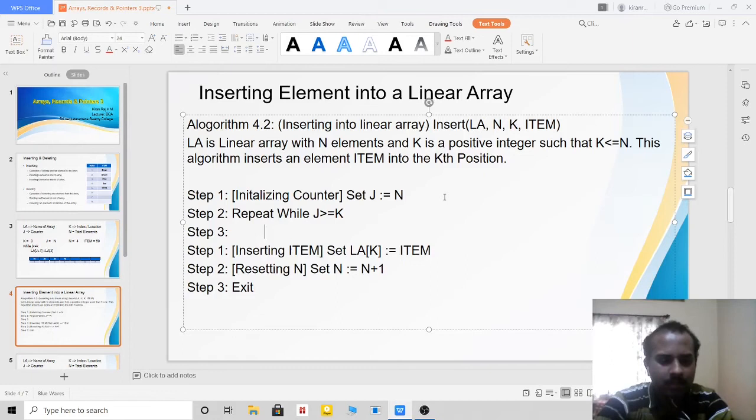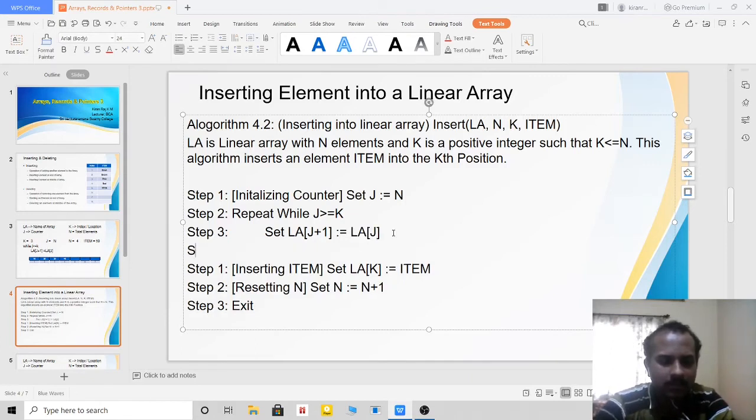Okay, let me do that. Set. Let me move the elements one step downward. So LA of j plus 1 is equal to LA of j. Step 4, because I have to decrement j every time.